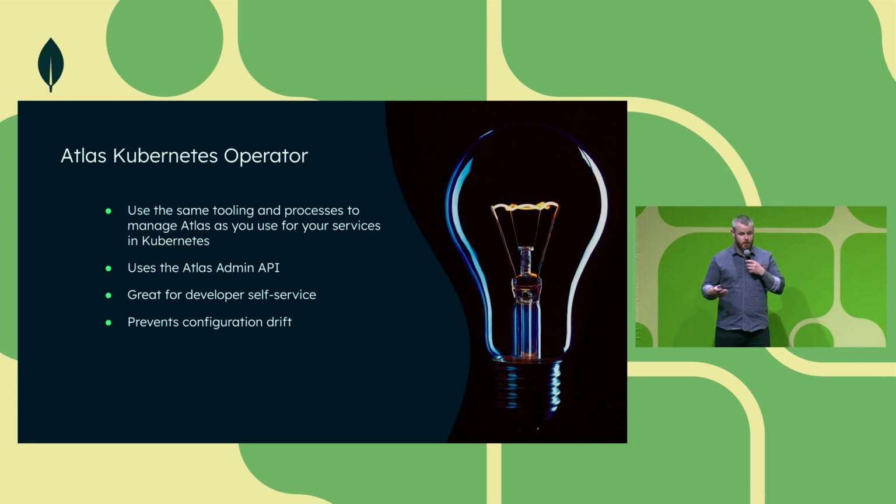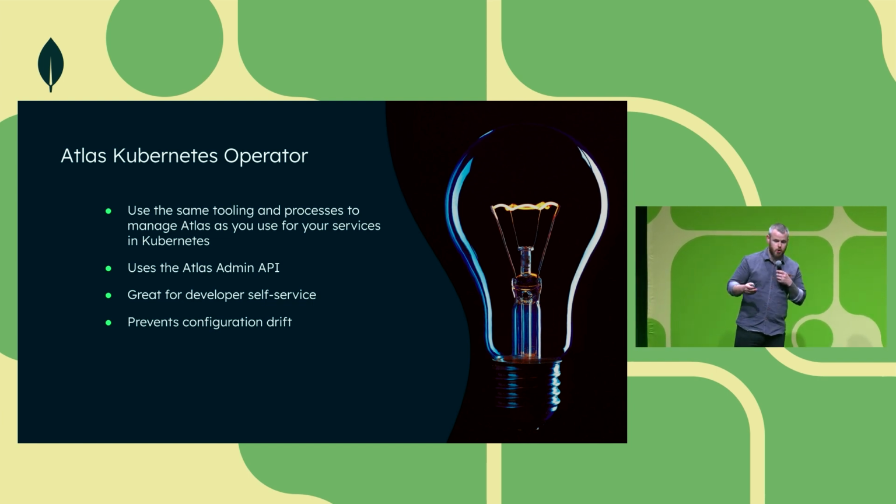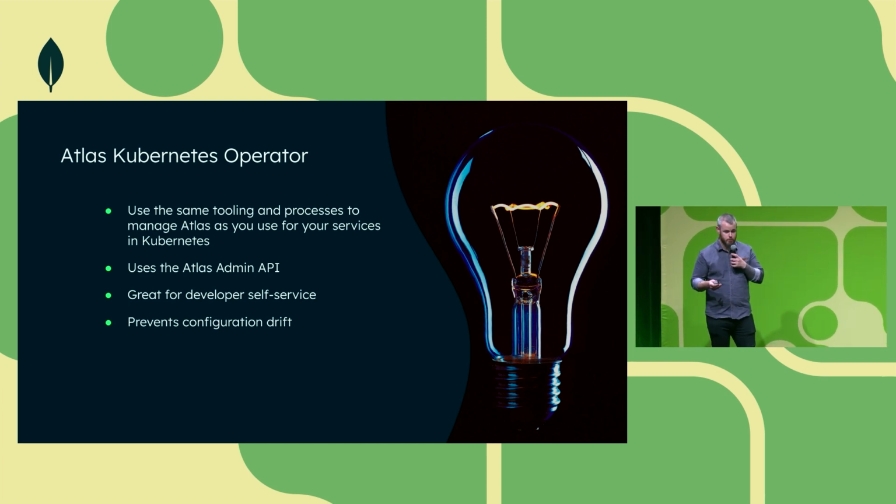As with other operators, the Atlas operator helps with configuration drift, and that's due to the fact that operators in general do periodic reconciliations. They check the version that you've deployed into Kubernetes, which is the source of truth, and they check reality, and if there are any differences, then they'll make the changes. This helps ensure that all changes that are made and that stick are managed in the right way and following your processes and your approval processes.